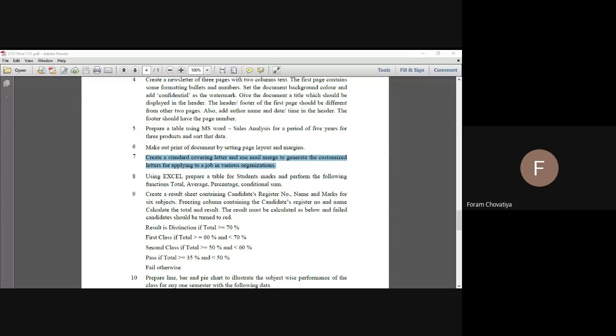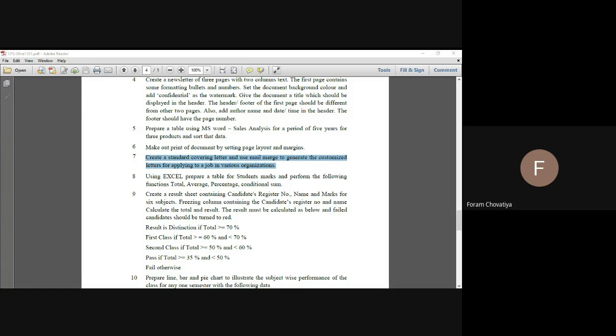The second option is to mail through the Word document. So practical number 7 only performs a mail, to another organization or another person.